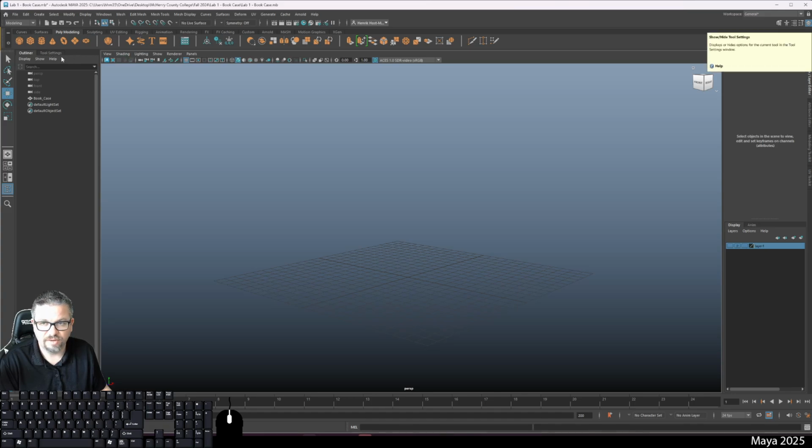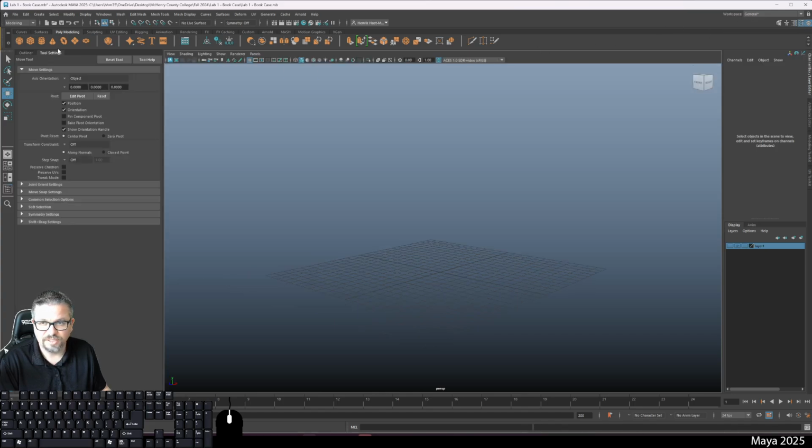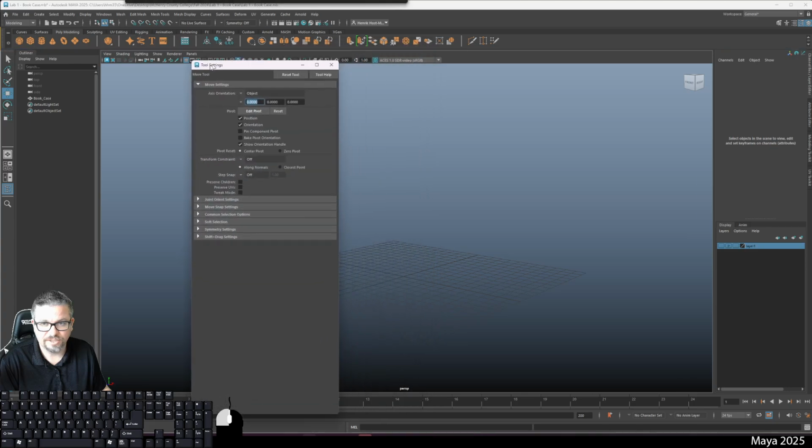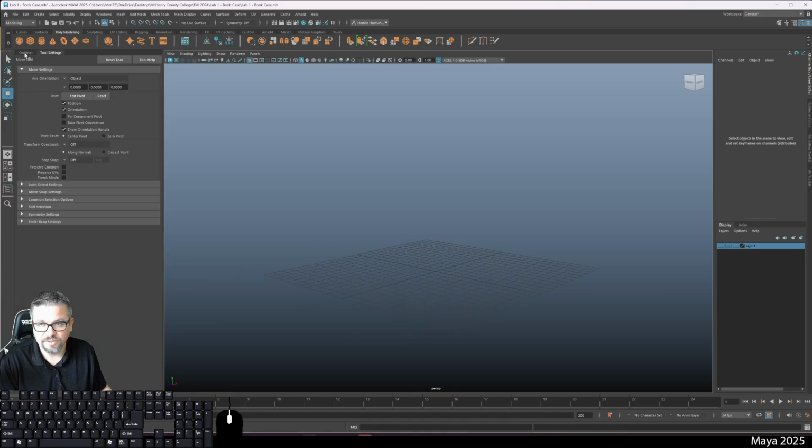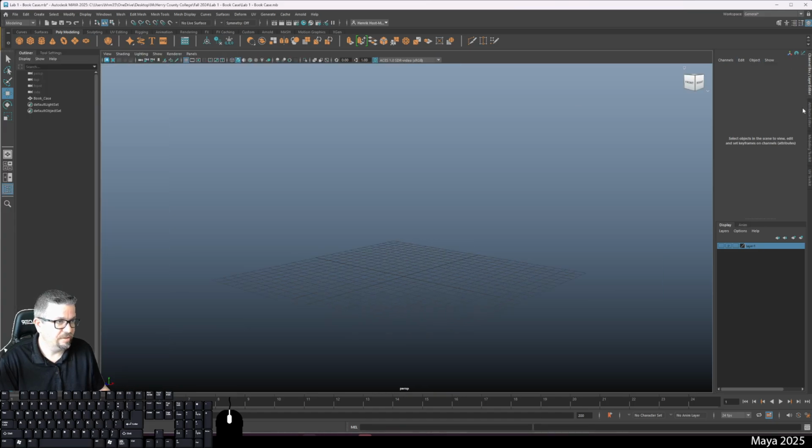Show hide tool settings, which I have over here, and it'll pop up in a separate window. You can click and drag it into spots. Same thing with the channel box, attribute editor, modeling toolkit. This UV toolkit we get to week 6, maybe 5, 6, 7, something like that. So the only ones you'll need over here, which is probably the ones that pop up by default when you open Maya for the first time, is the channel box attribute, and possibly the modeling toolkit, but they're all located